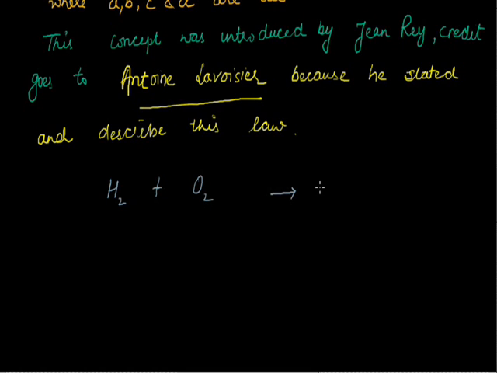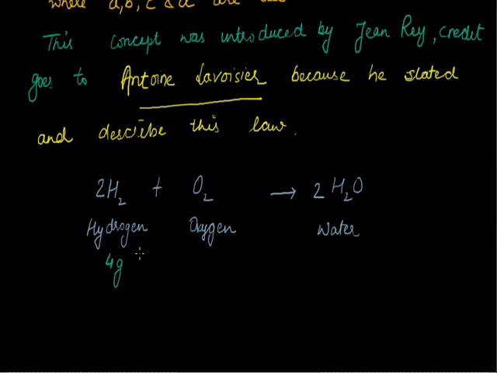We know that it gives water. Balance this chemical equation. So balancing is done. Hydrogen, oxygen, water. Now as we know, mass of hydrogen, which we are taking to react, is 4 gram,